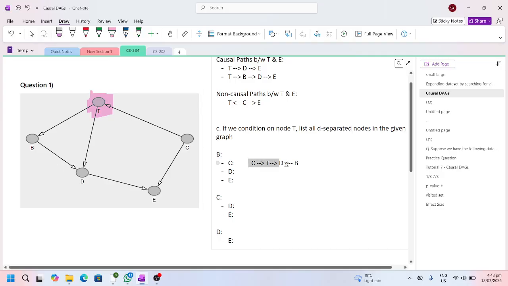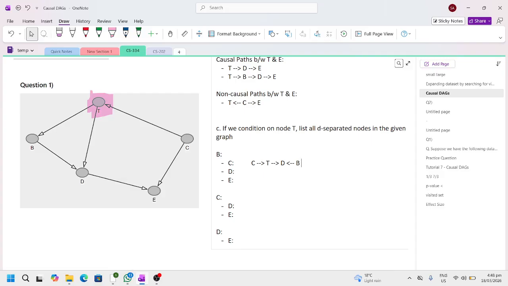Is this path blocked or is it open? That's my question. क्योंकि इसमें यहाँ पे collider exist करता है और एक fork था जो कि blocked है. So what do you think? Is this path blocked or not? T को तो कंडीशन कर दी है ना, तो वो तो फिर इंडिपेंडेंट हो गया D के साथ।